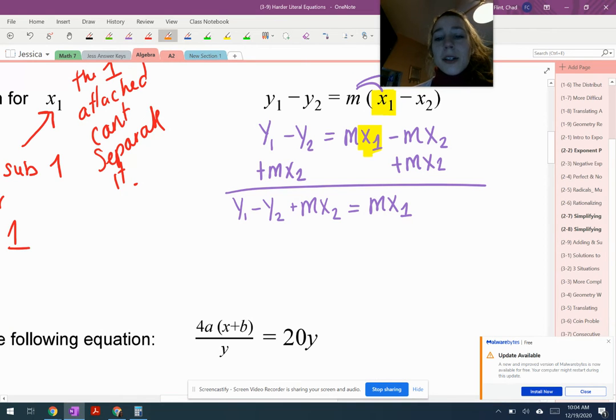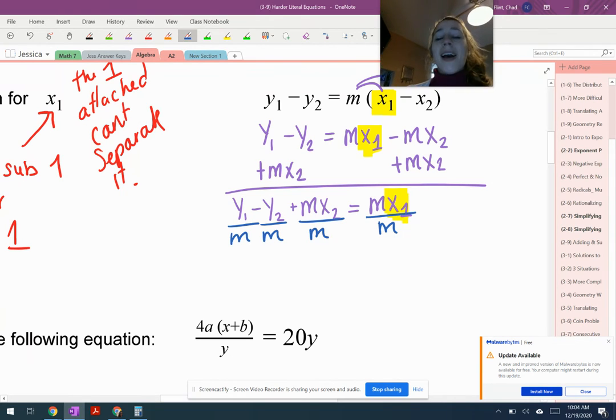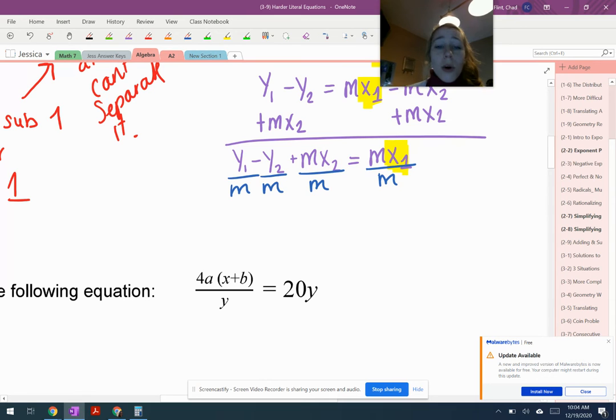So the final step here to get my x sub 1 by itself would be to get rid of the m, which is being multiplied. The opposite of multiplication is division. And just keeping in mind that you do need to divide by m all of the pieces in that equation, not just 1 or 2 of them, every single piece. So a little bit of simplifying here gives us a final answer of,